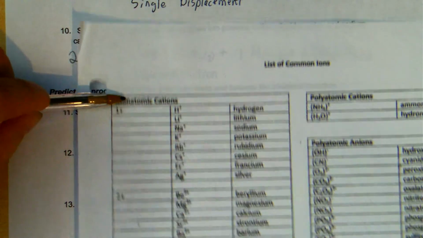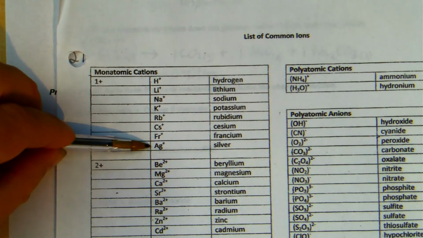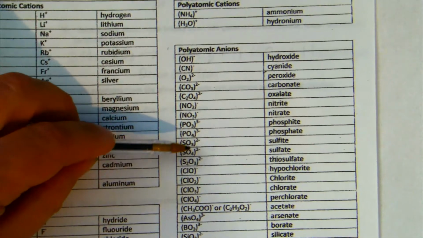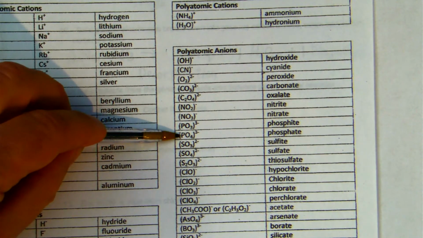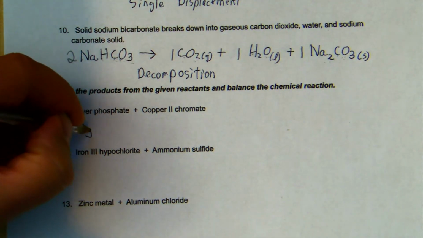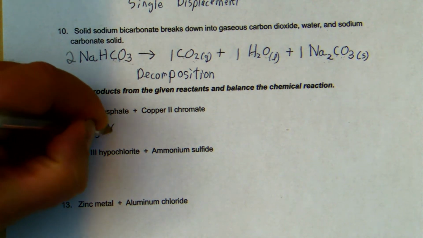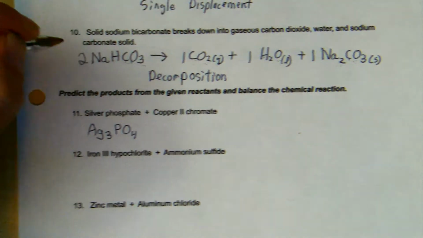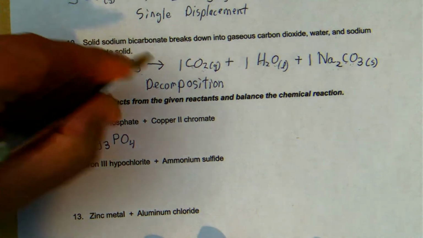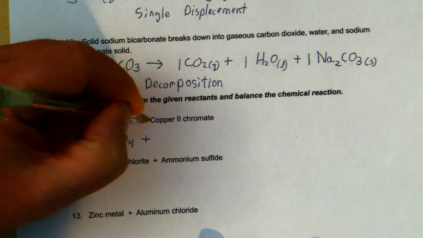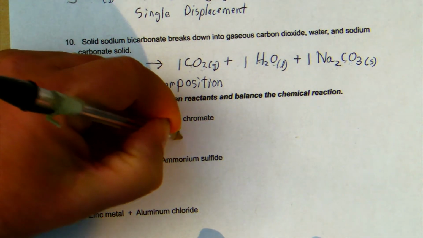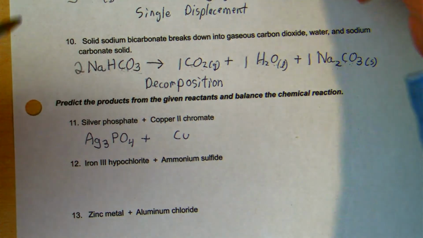See, silver, monatomic cation, 1 plus charge. Phosphate, PO4 with a 3 minus charge. So I'm going to need 3 silvers for each phosphate. Ag3PO4 plus copper 2, all right, and chromate